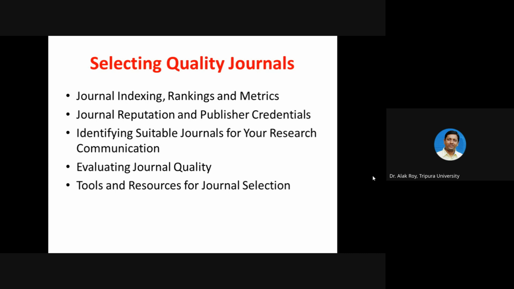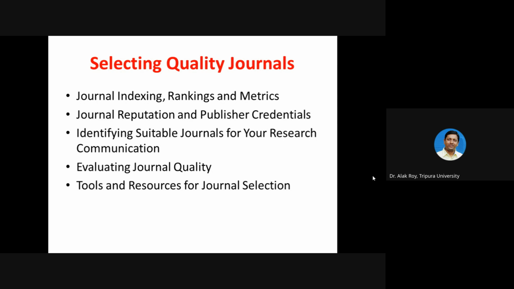Because if you follow the process, whenever we are using indexing, we will be talking about either Scopus or Web of Science. Maybe in Web of Science: Science Citation Index, Emerging Sources Citation Index, Science Citation Index Expanded, or Arts and Humanities Citation Index. So these are the issues that are there. And tools and resources for journal selection. There are some tools also with which you can identify some of the good journals. So these are the 5 areas in which I decided to cover selecting quality journals, or how to go for the journals.